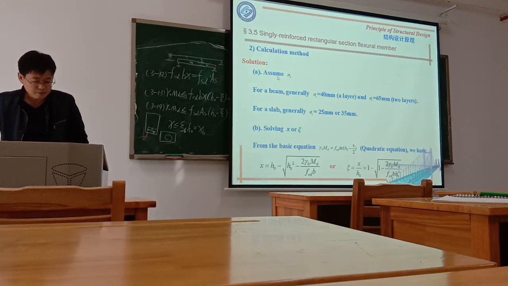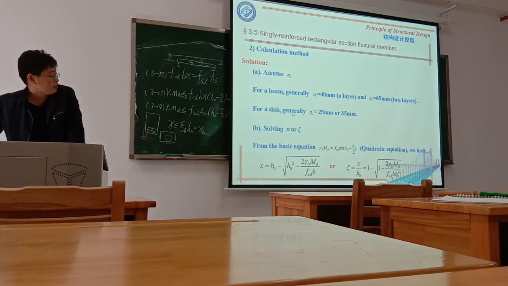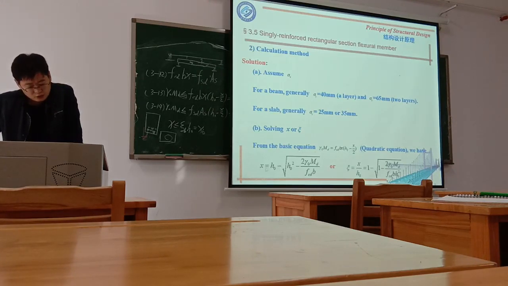So the first step is to assume AS. For a slab, generally AS equals 25 or 35 millimeters. And then we solve for X, or CB. From the basic equation, gamma 0 and B equal to this, we have X equal to